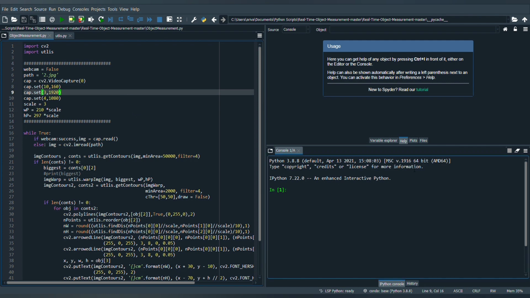Sir, we have implemented our project in Spyder, which is a Python IDE. This is the code we have written, based on the procedure we explained before. This is the object measurements file, and this is the supporting file in which